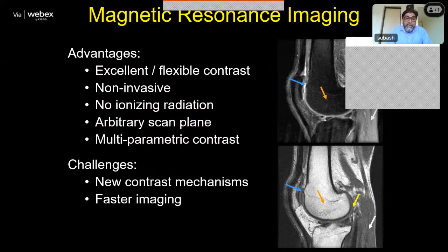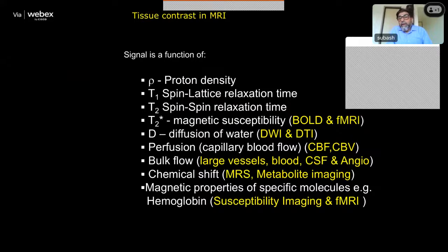And there are certain challenges. We are still discovering many more contrast mechanisms in MRI, and we are also trying to speed up the imaging so that you can do snapshot imaging of the whole organ or the brain in some specialized cases. So if you look at the MRI contrast parameters,